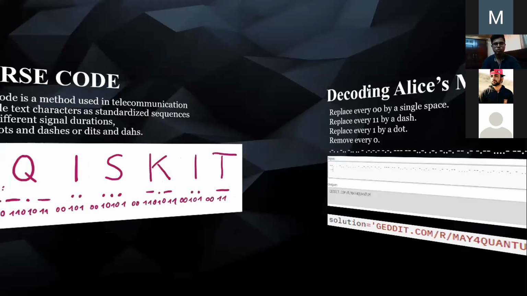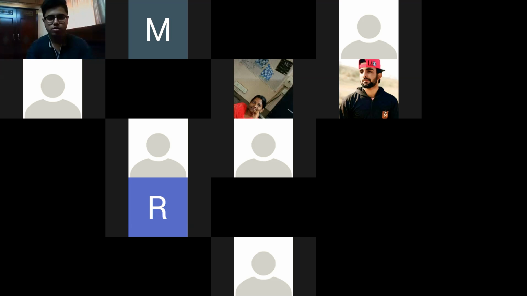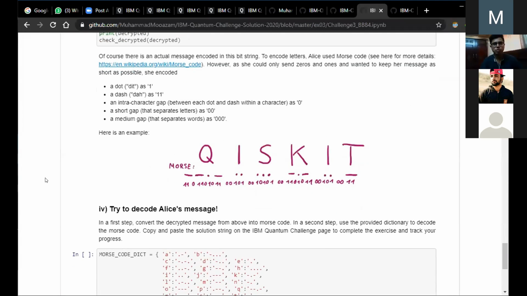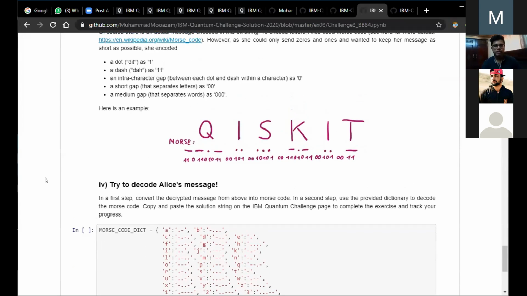Now we will decode Alice's message. Let's go towards the repository section. Here we got the decrypted message, but it's in the form of binary. Now we change the message from binary into Morse code, then Morse code into alphabets. How are we going to change it into Morse code? We did it